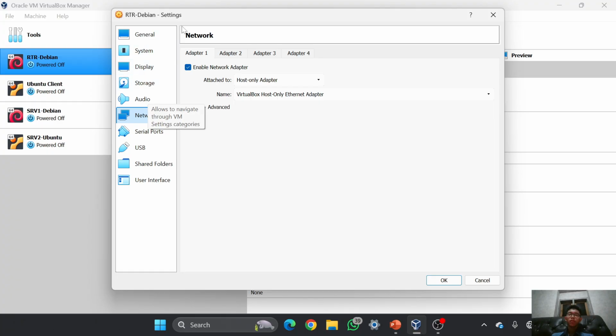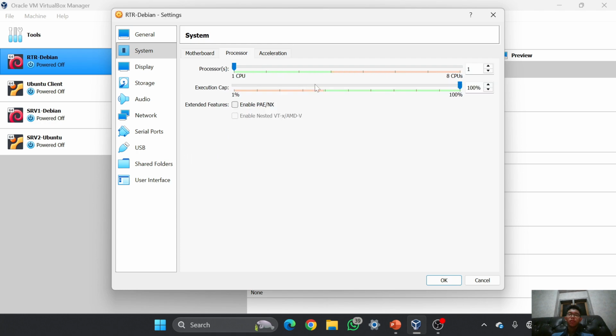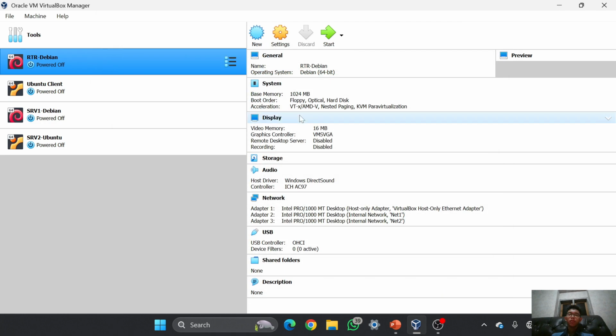To configure it I will go to system, and for the base memory for the router Debian I think I will set it to only 1 GB, which is 1024, and then for the processor I will just use 1, and then okay.